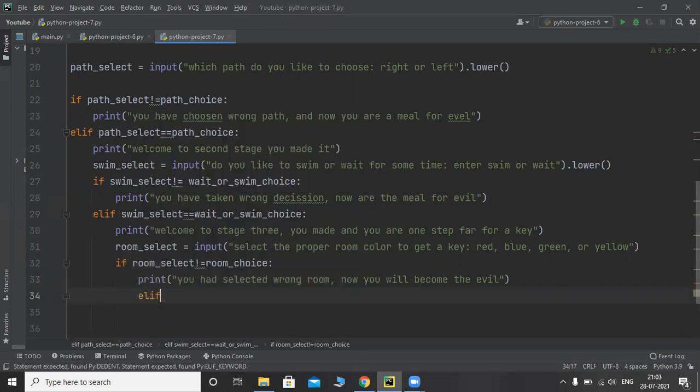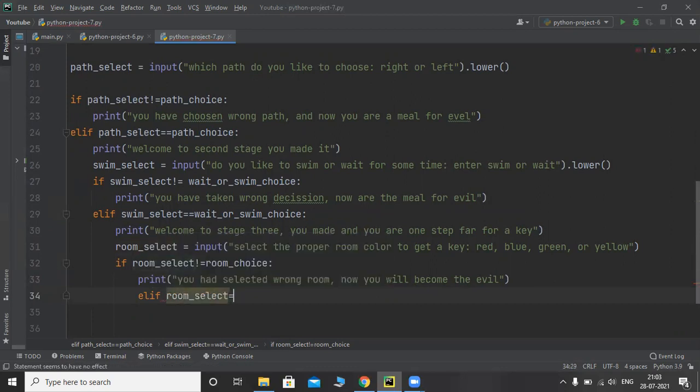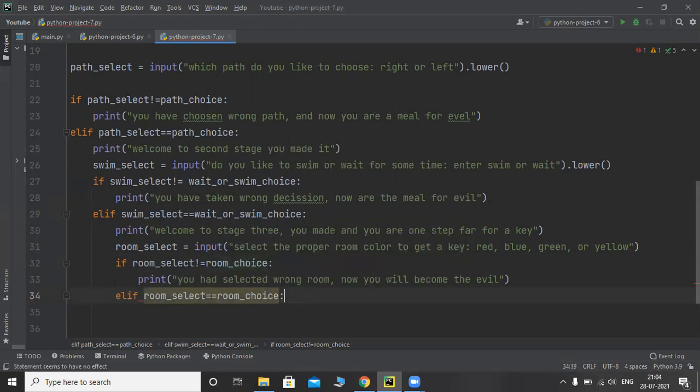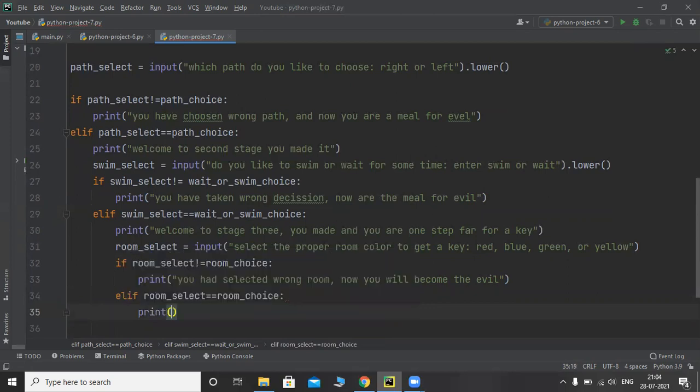Elif room_select is equal to room_choice, print yay, you made it. You found the proper room for the key.